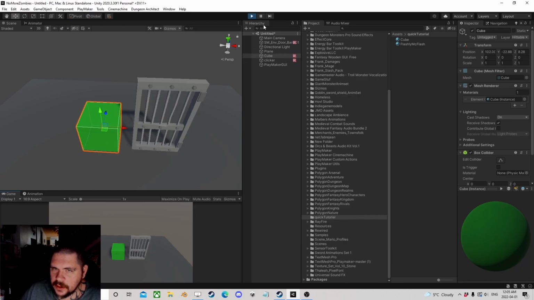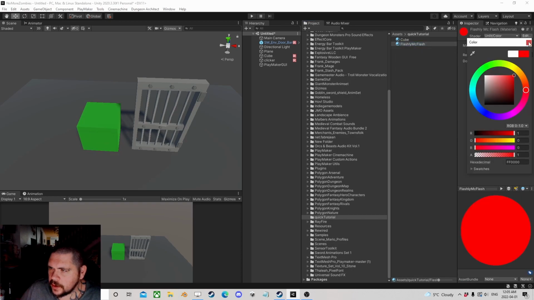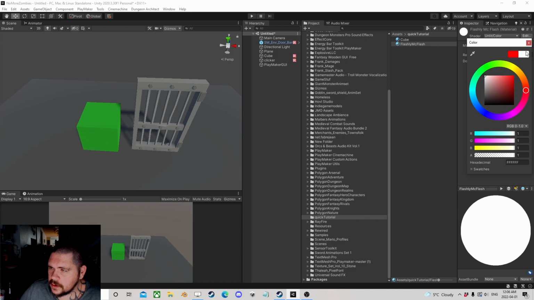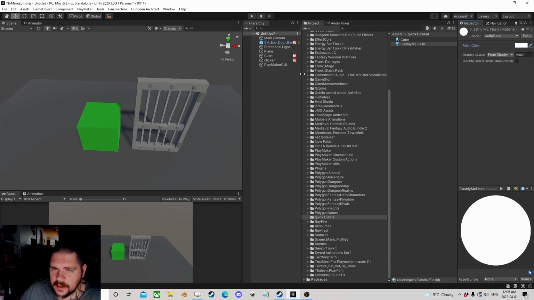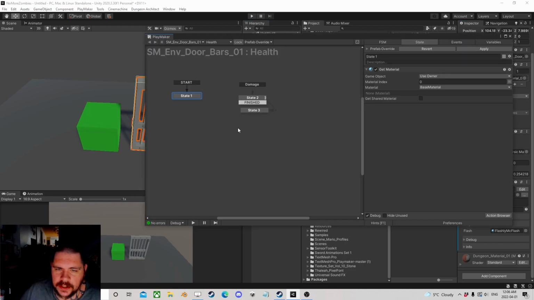Right, and like I said, you could, if you really wanted to, go red and do stuff like that, or change its color any way you want, I suppose. But it's a nice little way to illustrate damage,